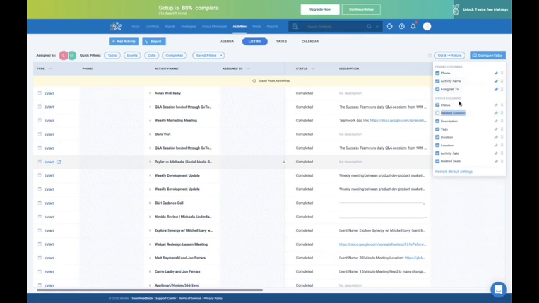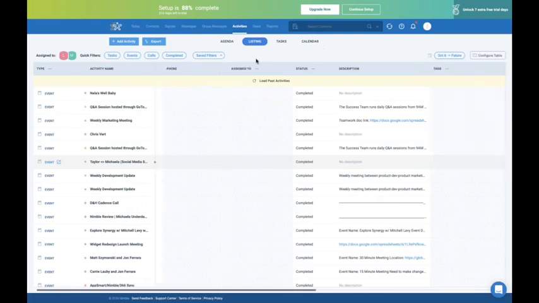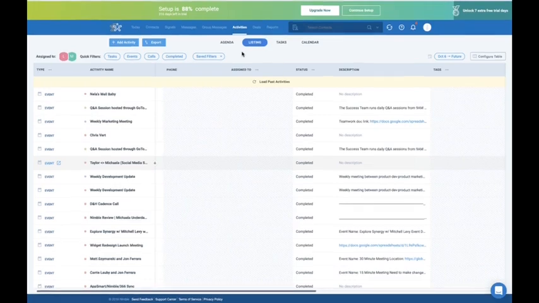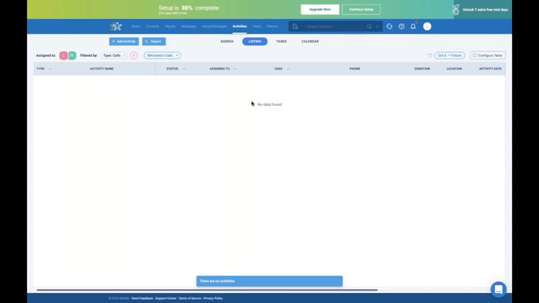So you can do that like this, and you can also pin some columns. See, I have these 3 pinned. You can easily unpin them. I really recommend taking a look at this activity listing, which you can use to make sure that everything that needs to get done gets done. You can also save the filters here and pull up only a list of maybe the calls